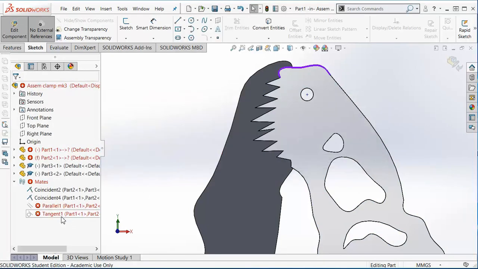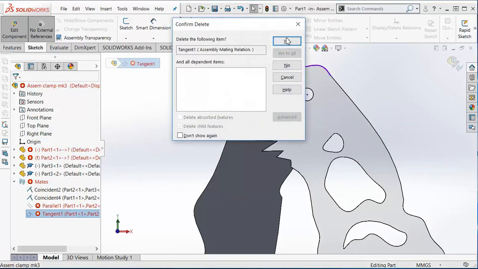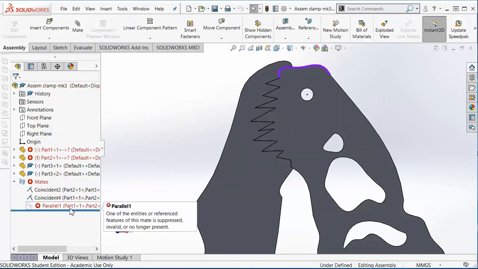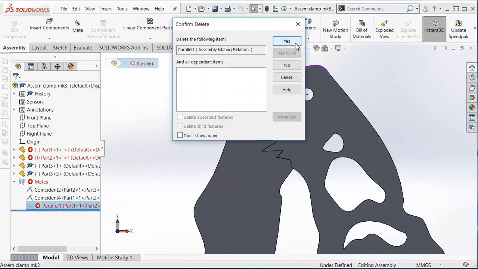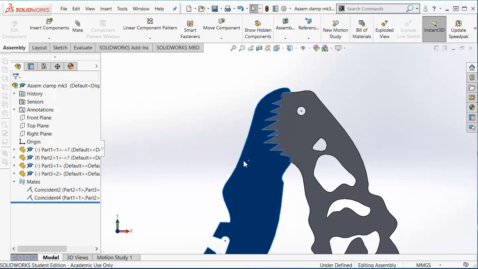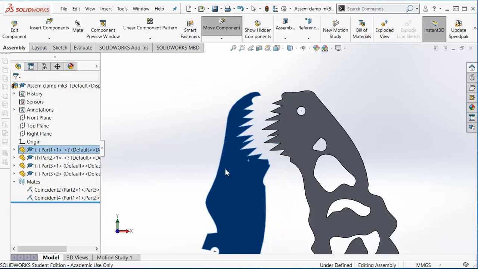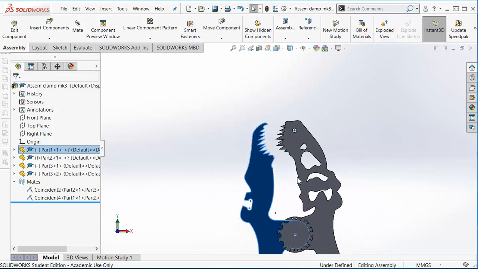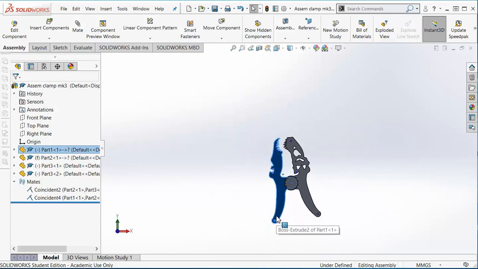So what's happened there is some of the mates no longer apply, so we'll delete them anyway. Turn that off. Delete this mate, no longer applies, and that fixes it up. So now we have a perfect copy of his teeth, or the dinosaur's teeth, that when it's in its closed position will meld perfectly into our clamp design. So already it's starting to look a lot more like